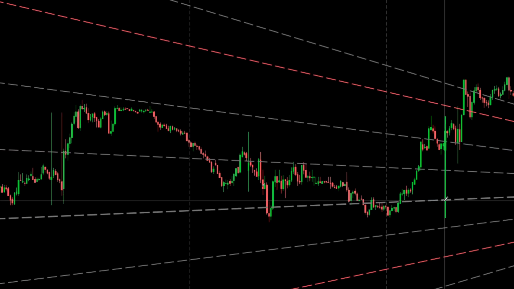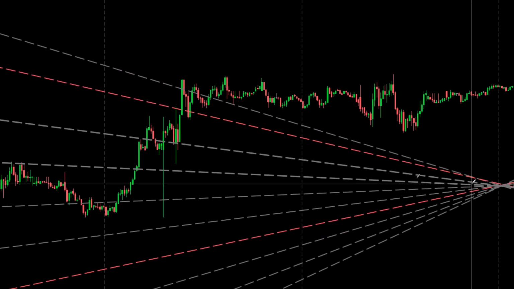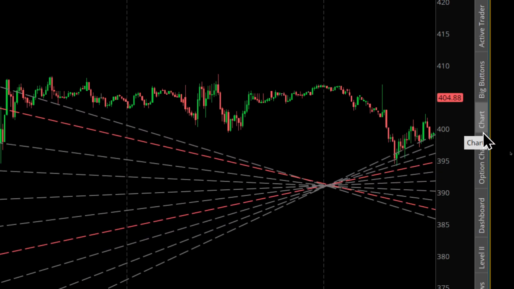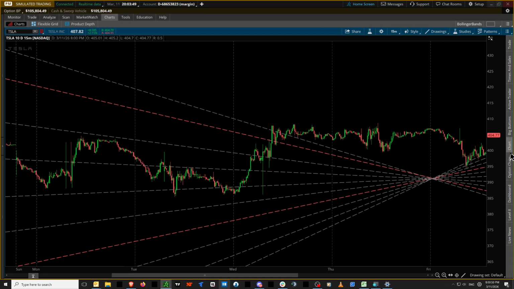Okay. So there is historical precedent to show that these fan lines work on Tesla. Apparently not as tight as the ES, but they work. We could probably do the same thing with Apple or whatever. You just have to get in there and do it. And remember, I'm mapping on the 15-minute, not the daily or anything, but you could certainly try this on the daily and see, and then you just sit back and say, did it observe? Did it respect the fan lines?